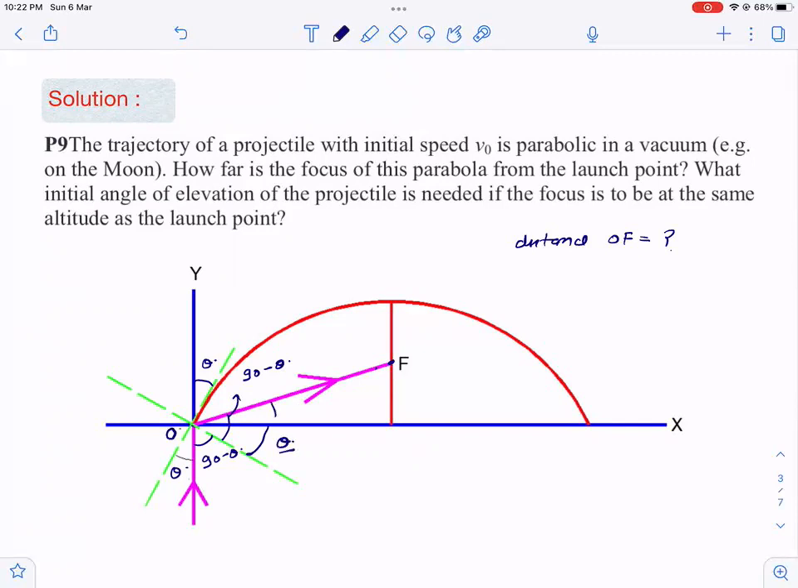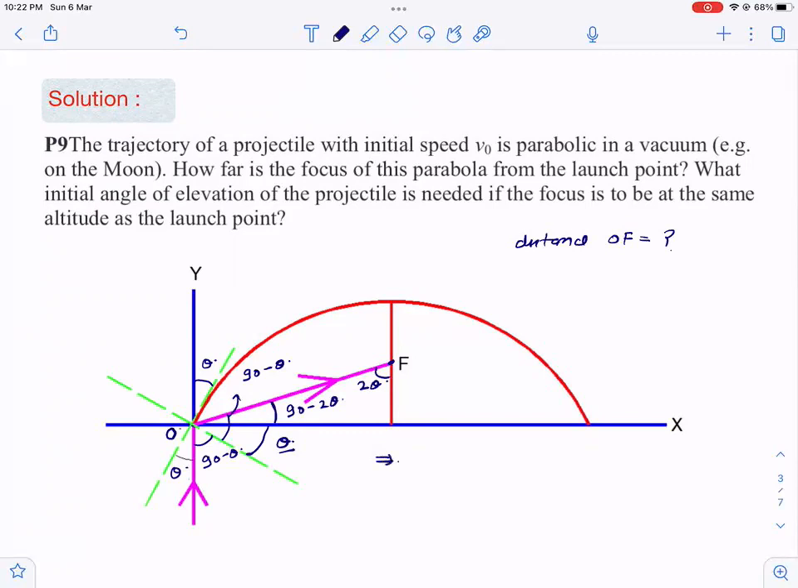So this angle then will become 90 minus 2 theta. That makes this angle as 2 theta. Isn't it? Any doubt in this, right? What is it we want to find out? This distance is OF, right? We want to find out OF distance, correct? To find out OF distance, now